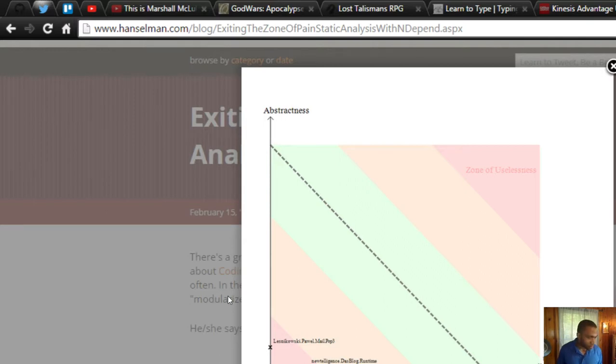And so I just thought this was really neat, and just a good way of keeping your mind on where you want to be, the center channel, where things aren't abstracted out for no reason to the point where they're not being used anywhere. They call it architectural astronauting. And at the same time, they're not so coupled and tightly bound that making any kind of change is going to be painful.